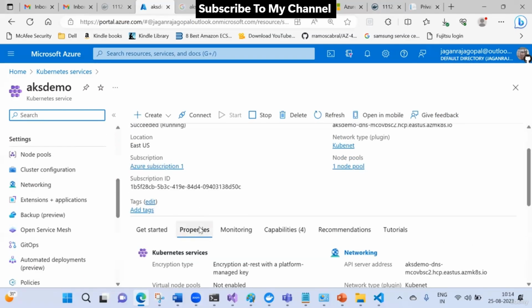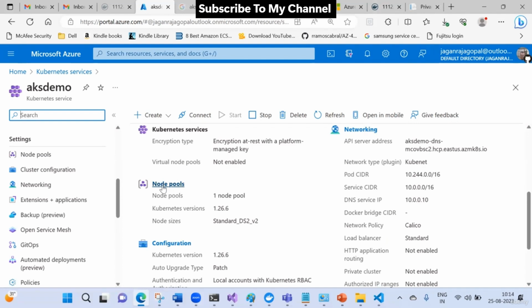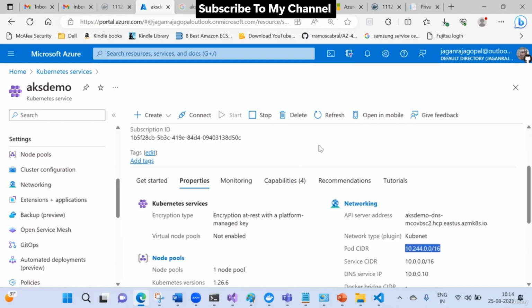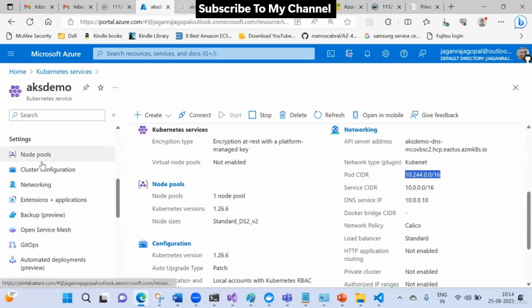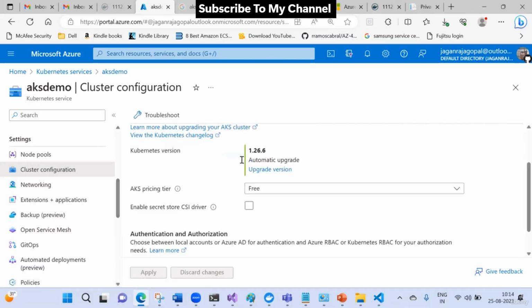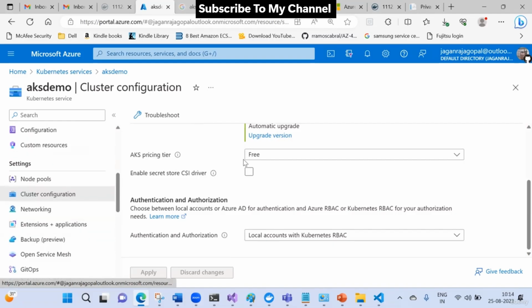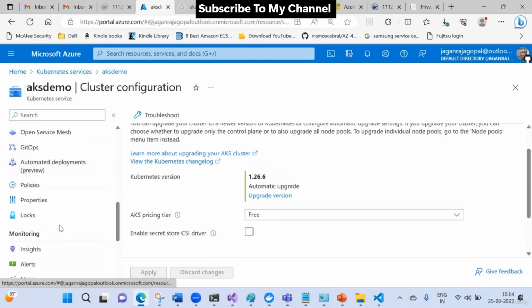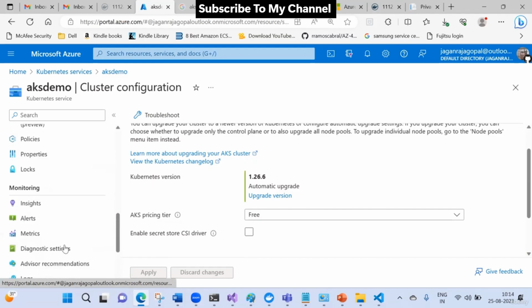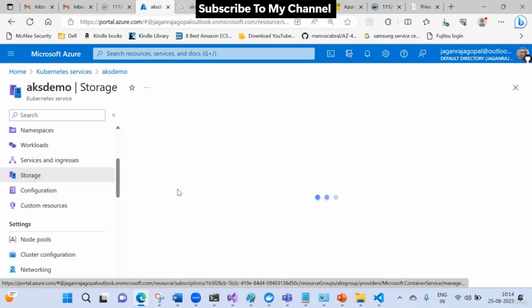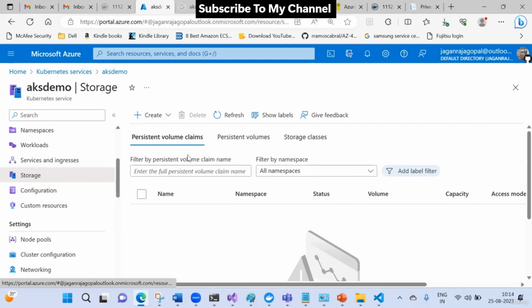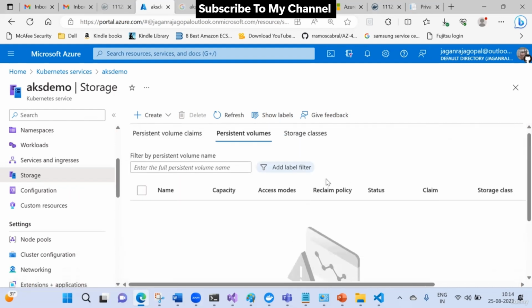If you see here, I have a node pool which we selected, and it is attached to some networking. And these are the services. It has created some cluster. We have created this with version 1.26, and we are not monitoring any metrics or other things, but it will persist some data. If you go to persistent volumes,